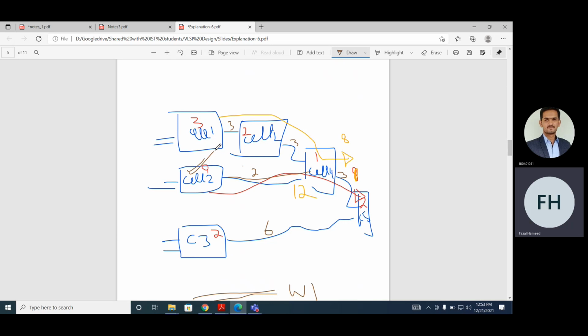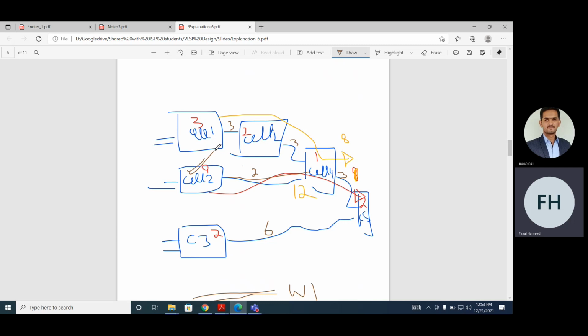Now, what can you do? If you change the transistor sizing, you can reduce the delay from 9 to maybe 6, maybe 5. When you reduce the delay, the critical path will change. If you reduce this delay, this may not be the critical path then. Maybe another is the critical path. When you change cell number 2 and reduce its delay from 9 to 5, maybe another path is critical. Now the routing for this design will be different from the routing for the other design.